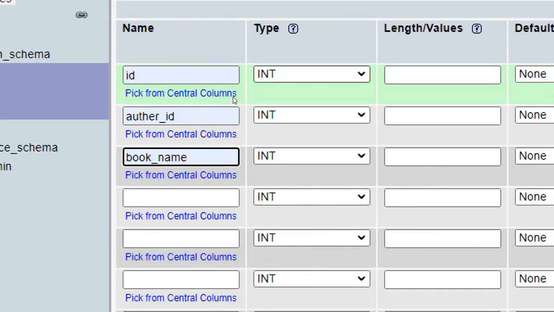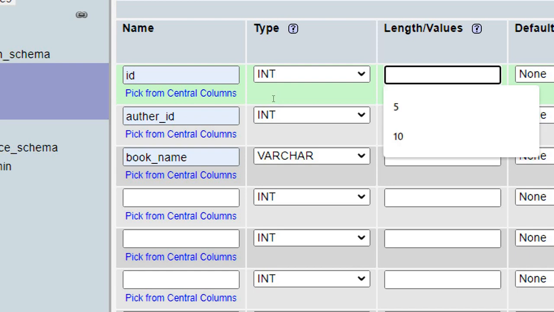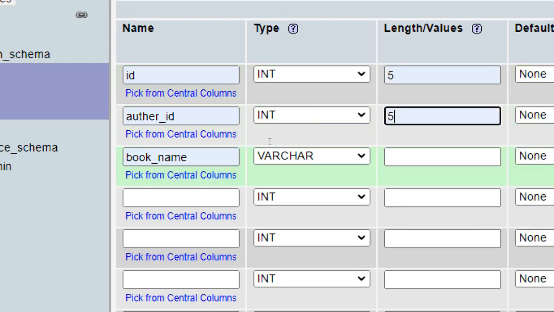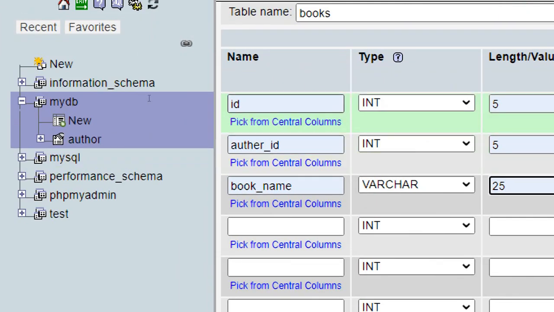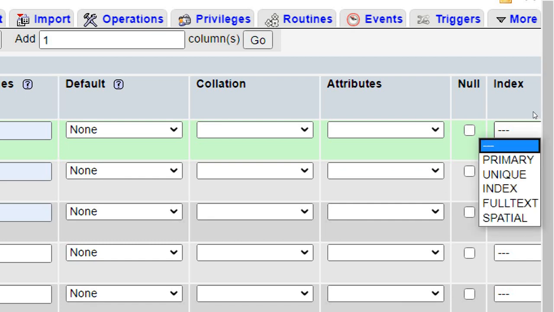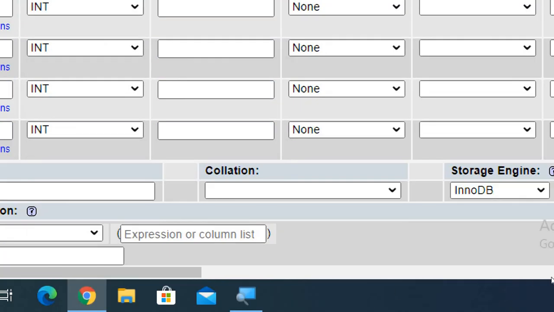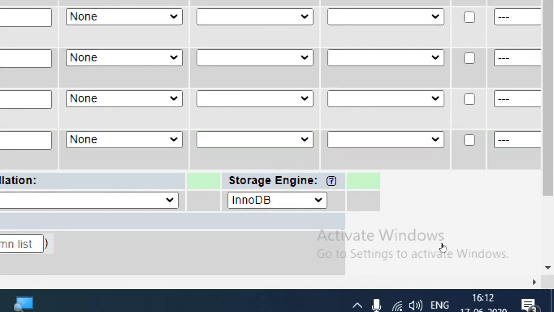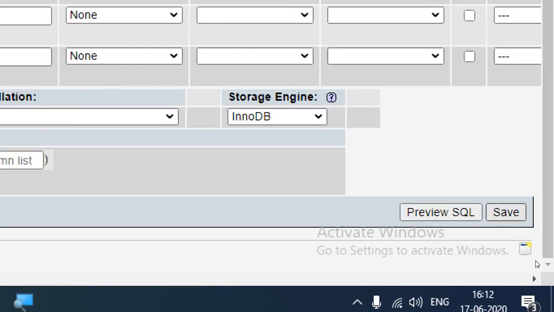Here integer is the same, book name has the varchar data type, with size 25. The ID has only a primary key, but author ID doesn't have any index key. Click on go. After that, the storage engine is InnoDB, and click on save.